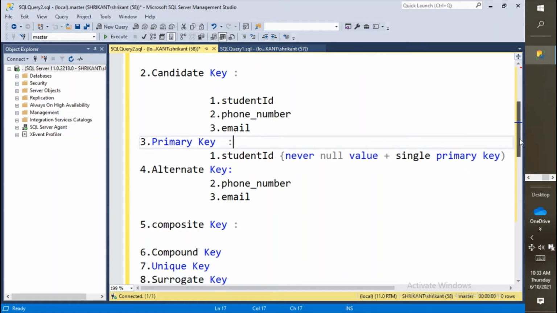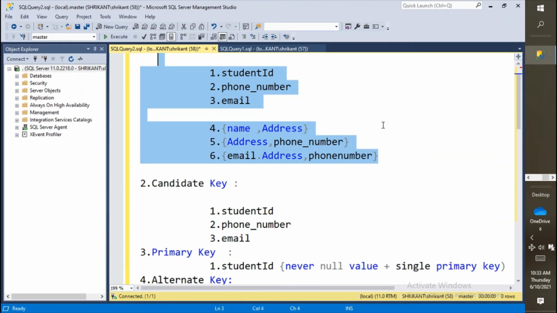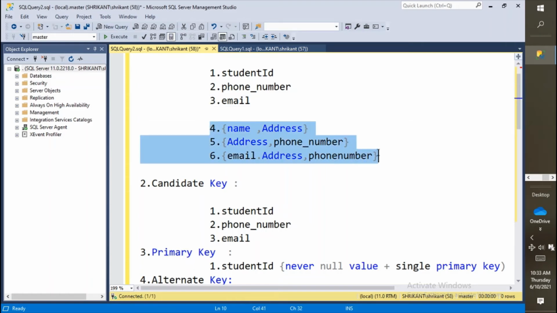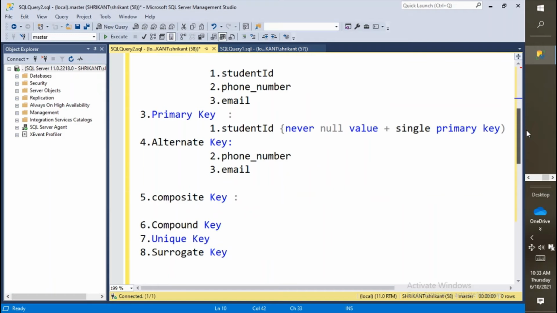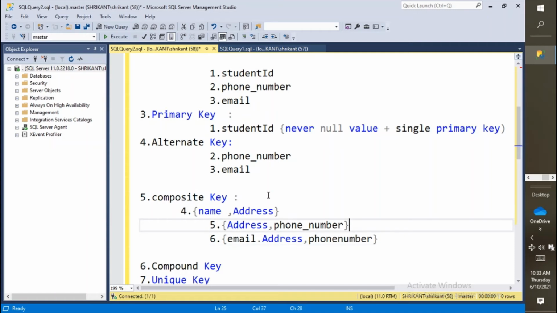Great. Next, composite key. If you observe here, when we talk about super keys, there are 6 keys, and out of these 6 keys we have chosen 3 keys as the candidate keys. So let's talk about the remaining keys. These keys are termed as composite keys because they have a combination. Because I know name could not be unique in a table, the combination of name and address could represent the uniqueness. Address and phone number could represent the uniqueness.